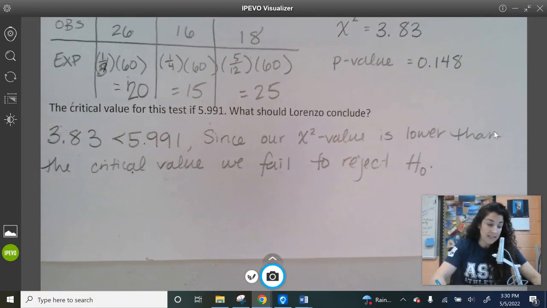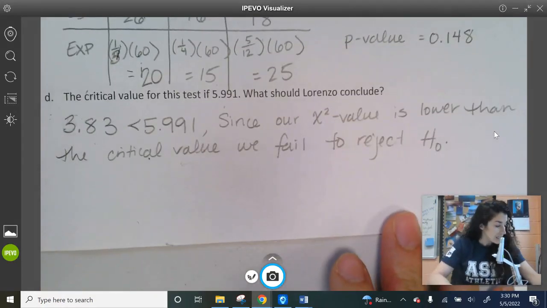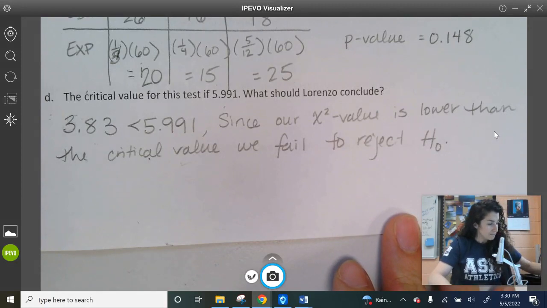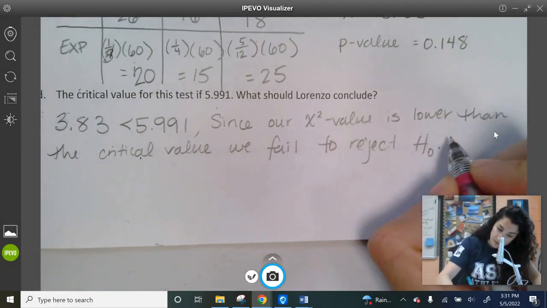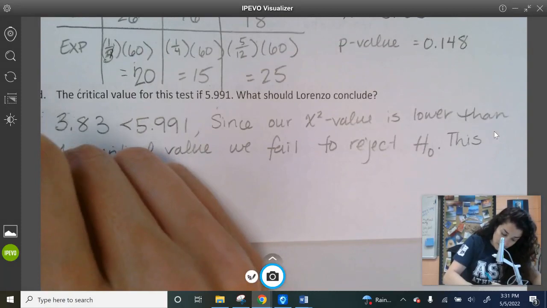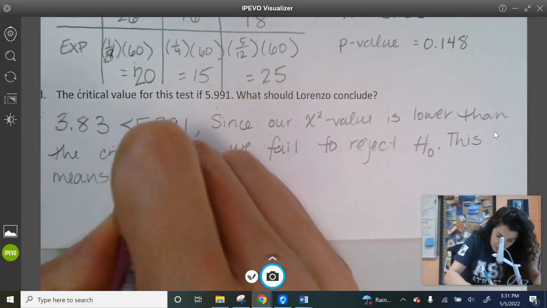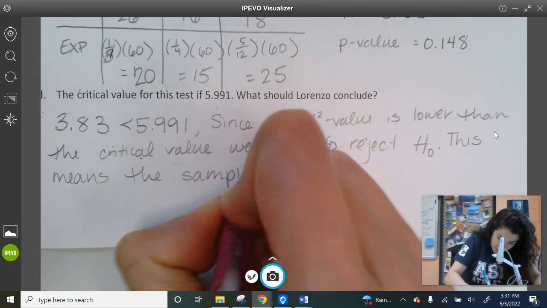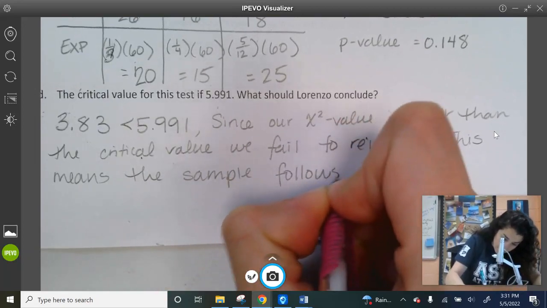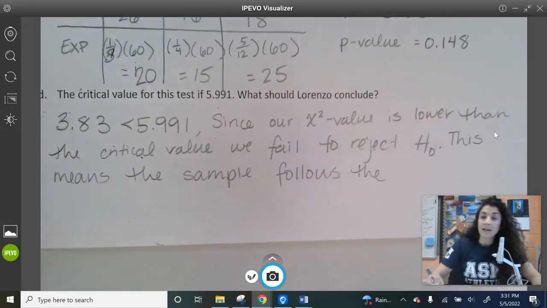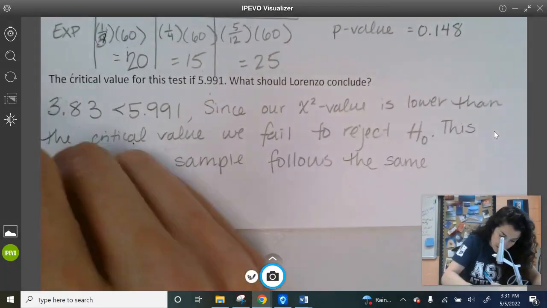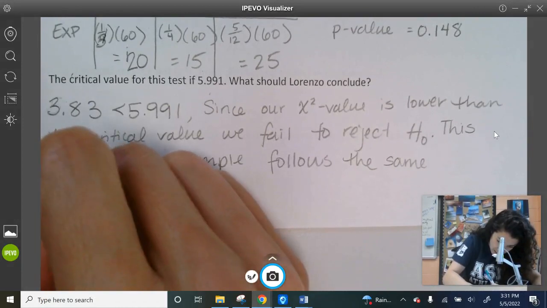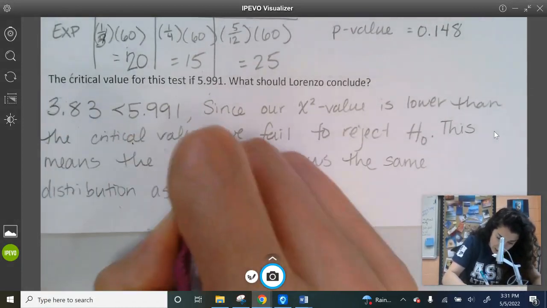So since we accept the null hypothesis, this means that the sample essentially does follow the same distribution as Lorenzo's year,